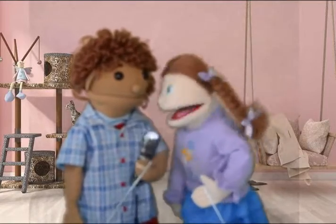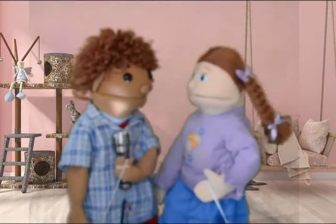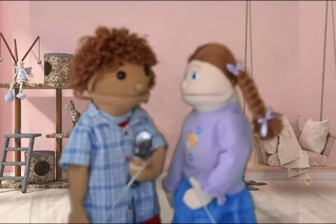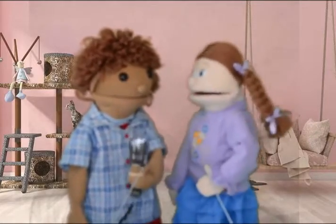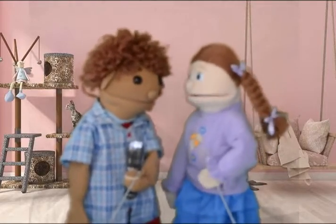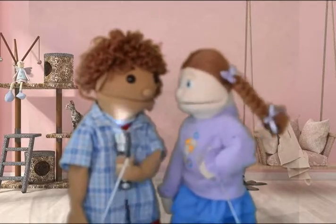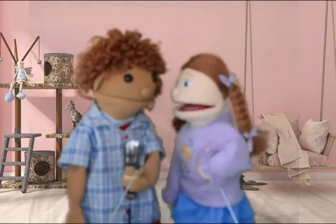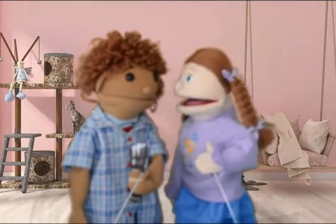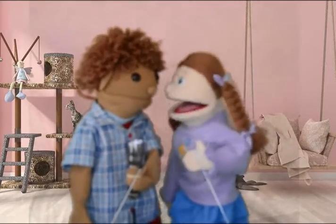It's just like when God fills us with the Holy Spirit. The Holy Spirit gives us power too. Power to live a life that pleases Him. Yeah. And just like you had to wait for your dad to keep his promise about giving you a torch, so the apostles had to wait a while before God gave them the gift of the Holy Spirit at Pentecost, when He filled them with His power to work for God, to speak boldly to others about how Jesus was